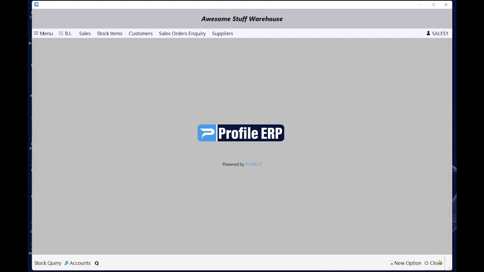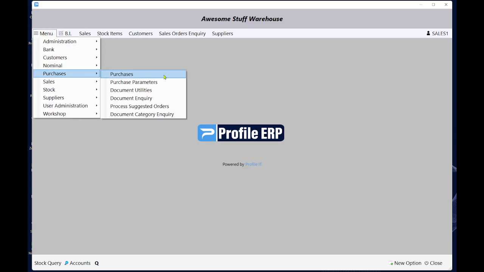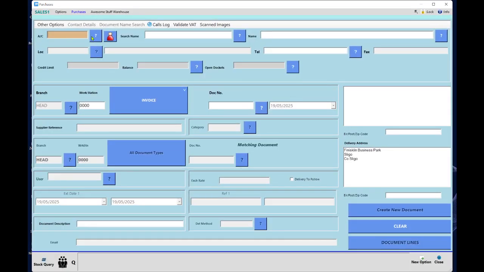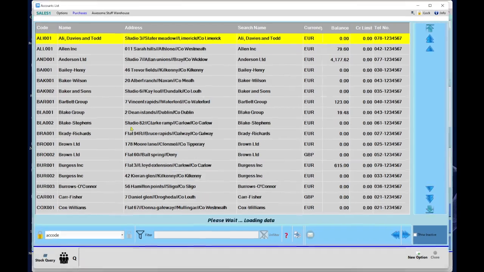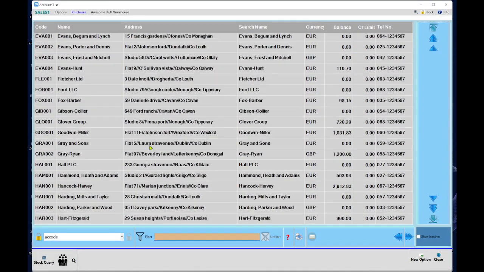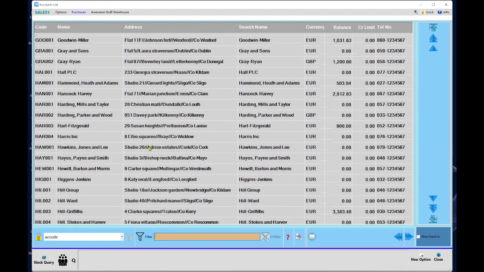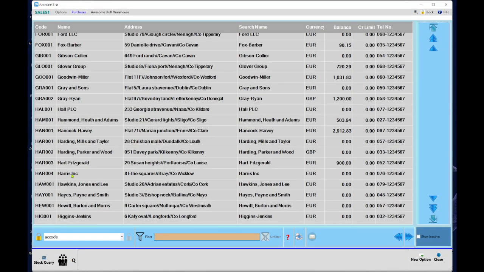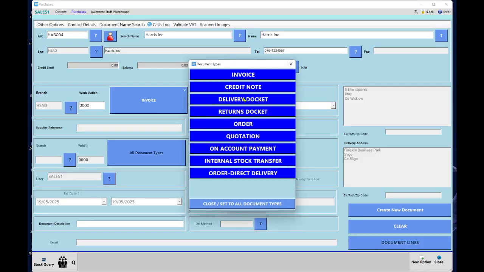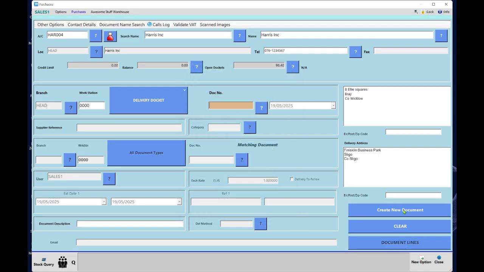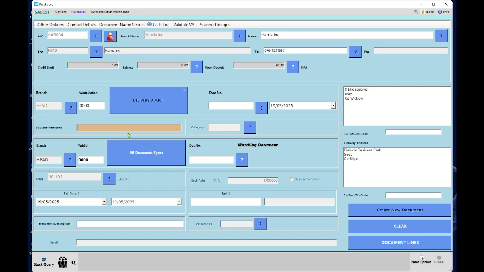We'll close back out of here, and we'll imagine that another period of time has passed and the goods have now arrived to your warehouse at the back door. So to receive goods into stock, click on Menu, go to Purchases, find your supplier at the top of the screen. Our supplier that we're looking for is Harris Inc. There they are. And we want to do a purchase delivery docket. Click Create New Document,